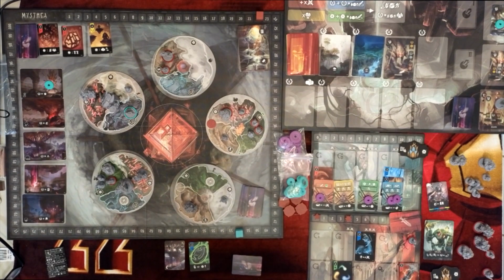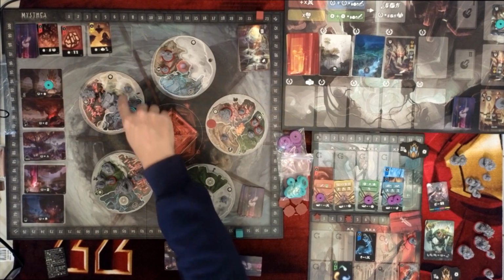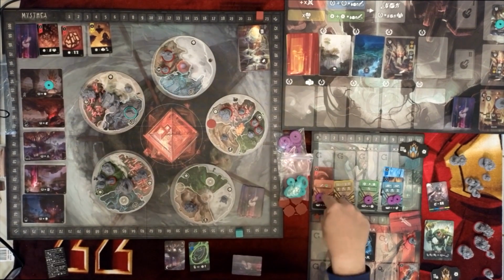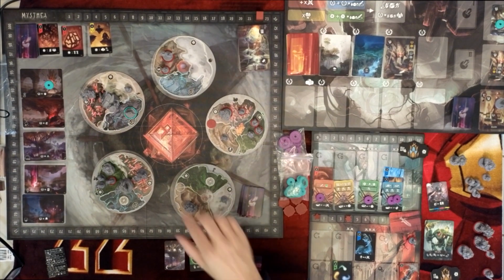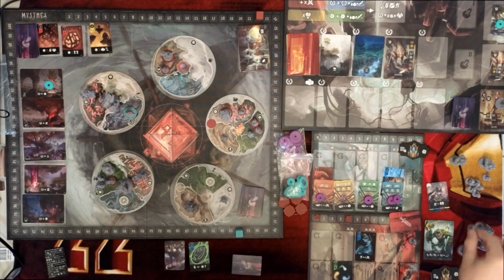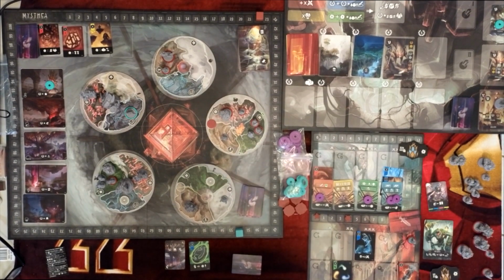Ooh. So the monster has 13 strength, and he's got 2, 3, 4, 5, 6. That's not enough. So I'm going to just have it kill this guy, because that's what he would do. That's what a normal player would do. Okay,